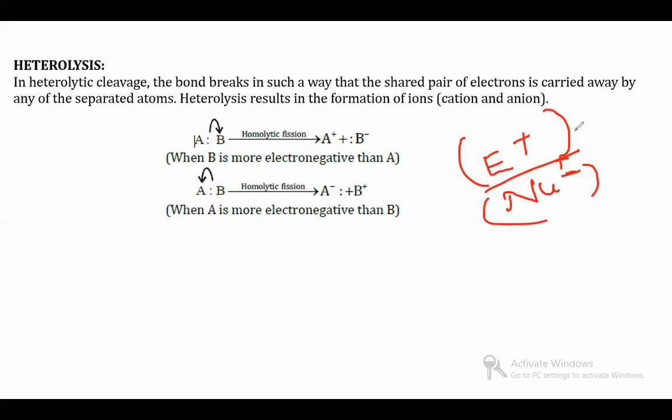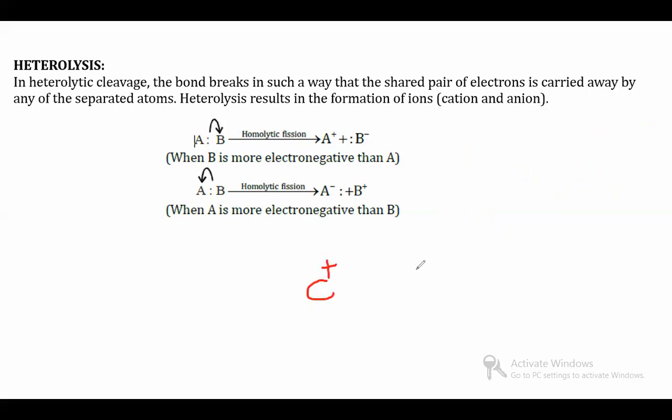Electrophiles are electron deficient groups, and nucleophiles are electron rich groups. There will be a difference between electrophile and nucleophile. Electrophiles are electron deficient and nucleophiles are electron rich. Due to this type of attacking reagent, the reaction will take place. This unequal cleavage leads to the formation of